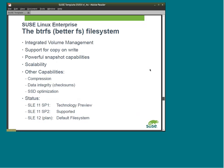So, BTRFS, what it is: the better FS, basically. It has a number of features that are very unique. Integrated volume management, for example. So instead of a separate LVM module, it's actually built right into the file system, which allows you to create very powerful snapshot capabilities. And you can do copy on write. It scales pretty amazingly. You can do other things like compression and data integrity with checksums and SSD optimization, which